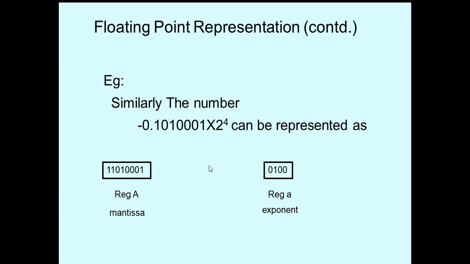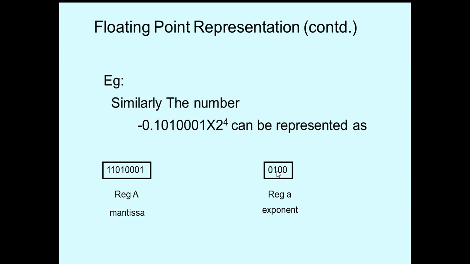For that reason, you have to take the 1 here. Why? Because it's a negative number, and 101001 is the mantissa value, and this is the sign bit. And to power 4, 4 is a 4 bit number. So 4 can be represented as